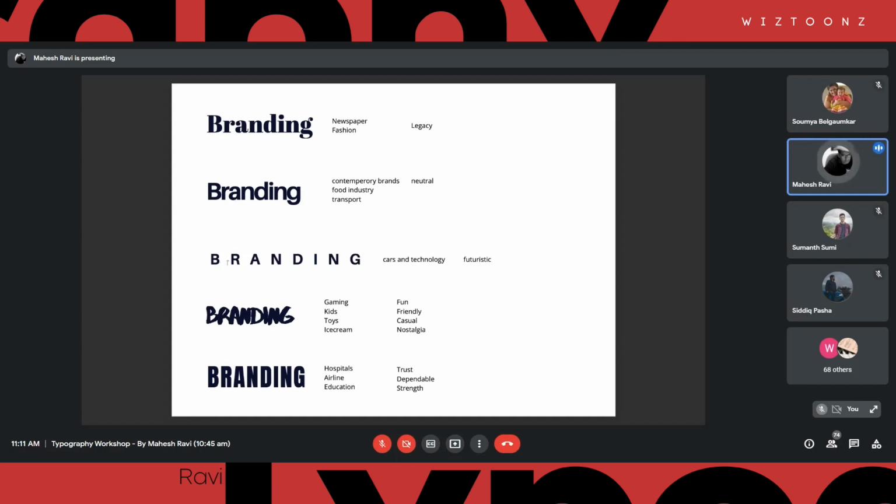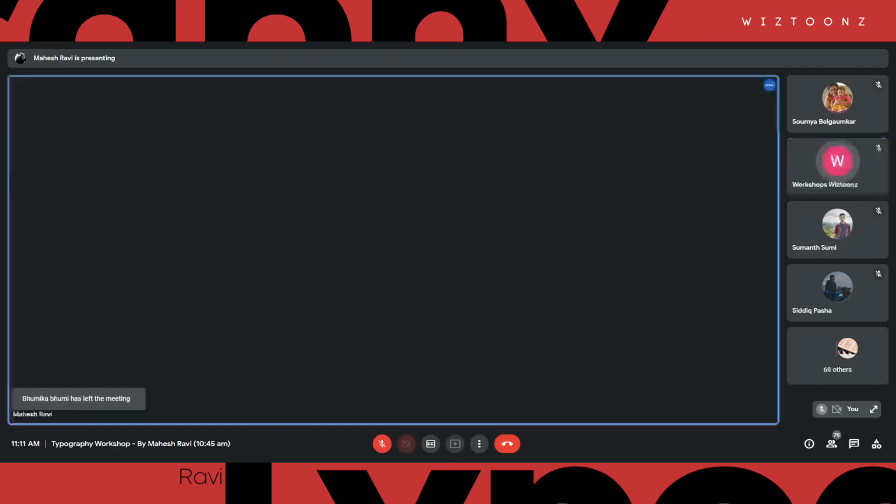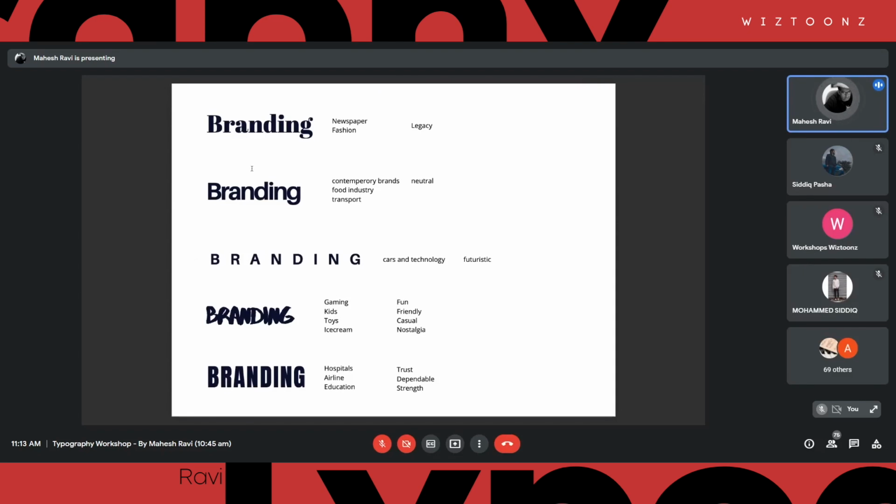Now the same word with more character spacing in between, right? So you know that this is something not normal. This could be something which says that it's super technology stuff or maybe something coming from the future. It actually changes it. The same word written in something like this, like a handwriting of a kid, actually shows, okay, this is something sillier than these brands. It could be something that is funny, friendly, maybe very, very casual. The personality that it conveys to you is different, right?